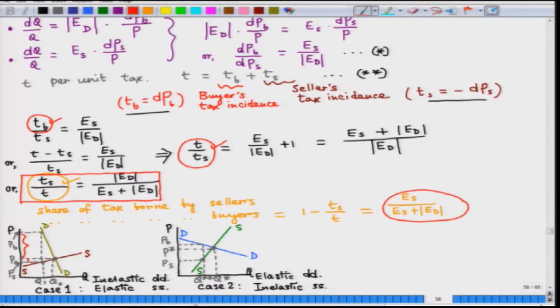So, here you note that the producers take a higher burden of the share compared to the buyers, as the difference between P star and PB is much smaller than the distance between P star and PS. Okay. Now, we move to some more interesting cases where we have